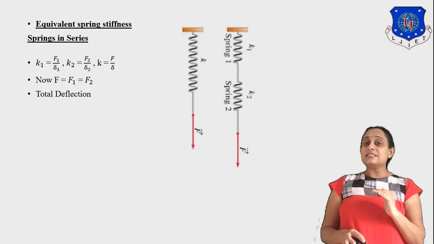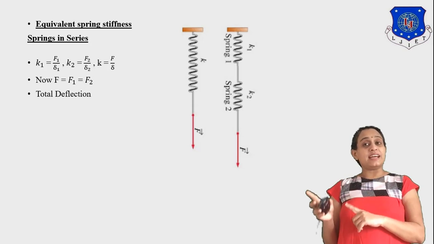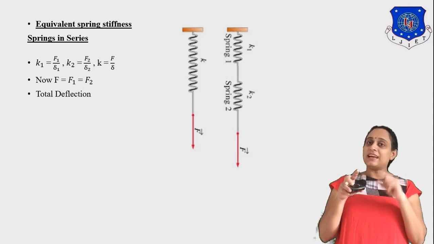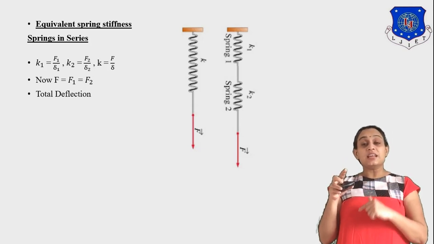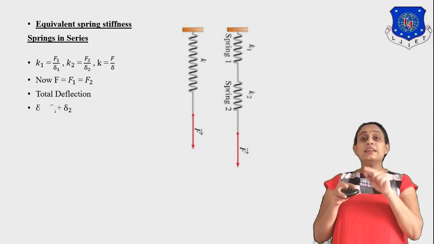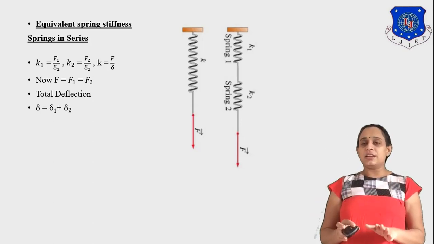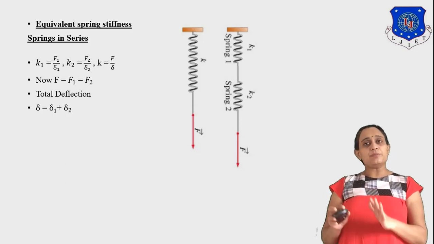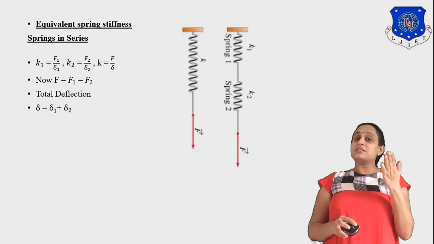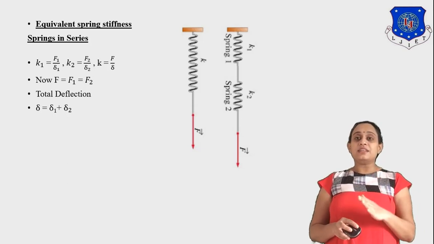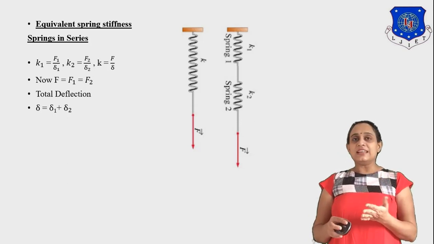Now, let us consider the deflection. What is the deflection? As we see in our second diagram, the first spring has delta 1 deflection and the second spring, attached in series, also has delta 2 deflection. So what is the total deflection? Total deflection is delta equal to delta 1 plus delta 2. Now, if we study our first equation, K1 is equal to F1 by delta 1. So what is delta 1? We can easily write it as